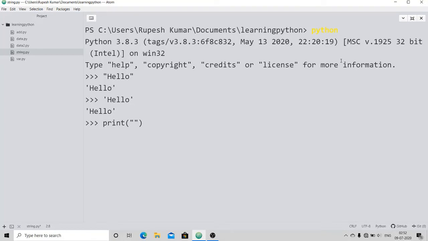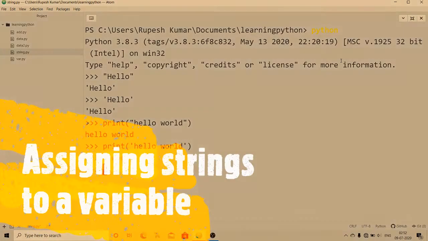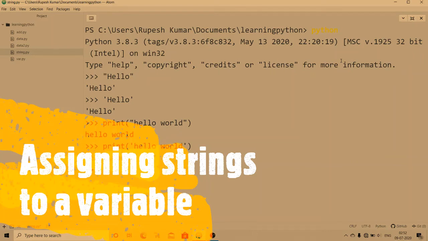Another way to print a string literal or a string is to use the print function, and whatever you want to print, write it inside double quotes or single quotes as we write strings. Suppose I want to write hello world. Just use the print function and write the whole string which you want to print inside. There is no limit on the length of the string. You can have as long a string as you want. Now what happens if you put single quotes here? The output will be the same, because as we have discussed, they are both the same strings.